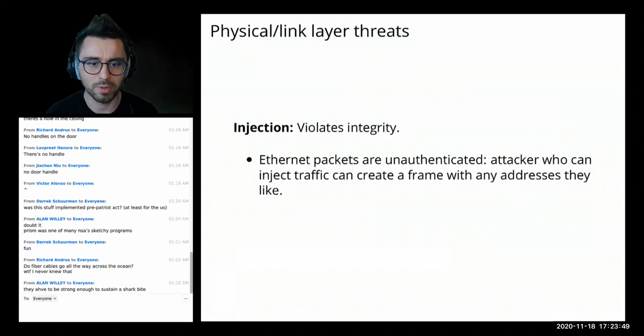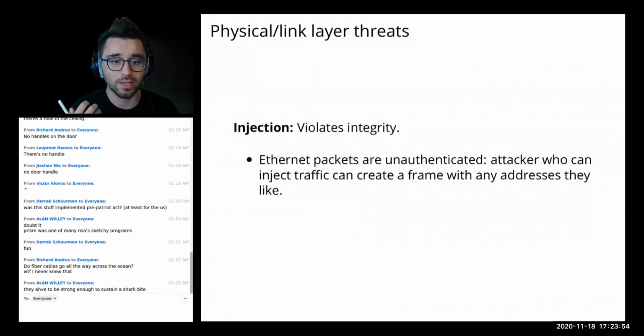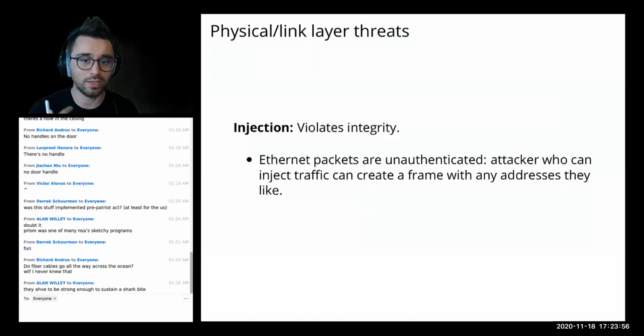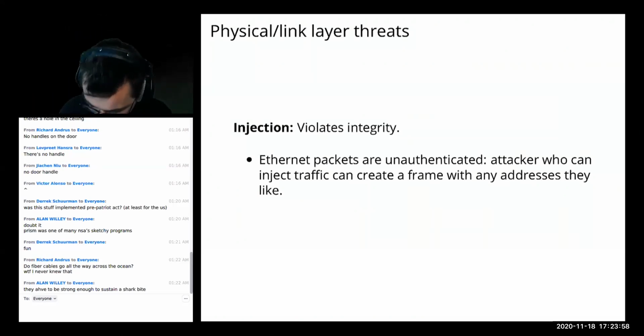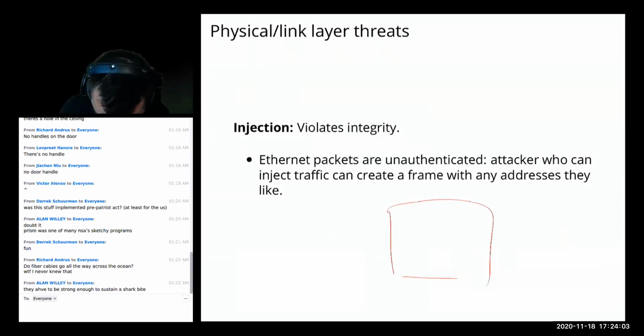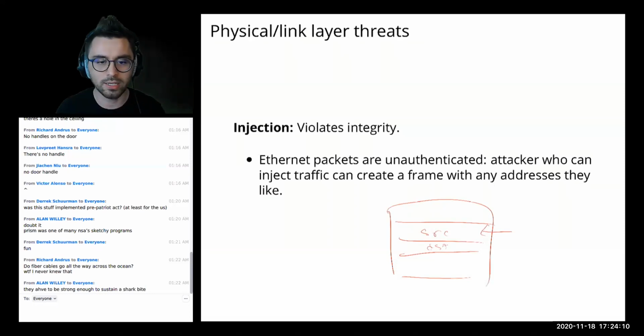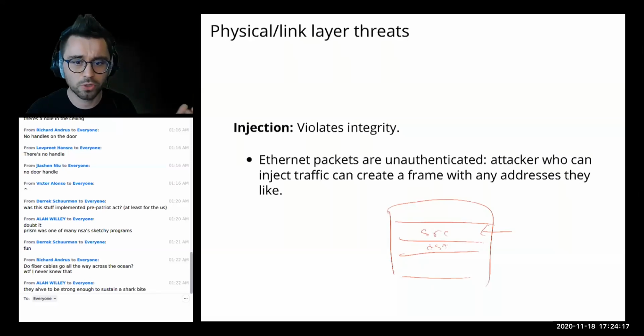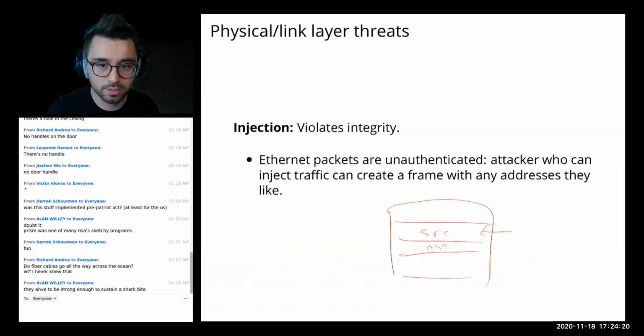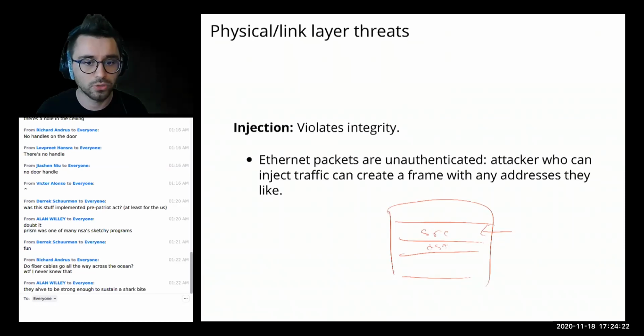It actually doesn't really matter. All the other ones are basically in the same kind of boat, but they're completely unauthenticated. So if you can inject traffic, you can create an Ethernet frame with any address you want. And we saw this last time, that all a frame has is a bunch of things that includes the source and destination. And when you send these things, there's nothing checking whether your MAC address is actually the MAC address of the frame that you're sending. You can just forge whatever MAC address you want and send packets as if you were somebody else.